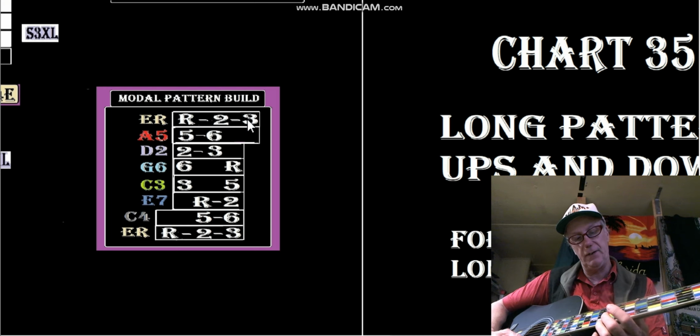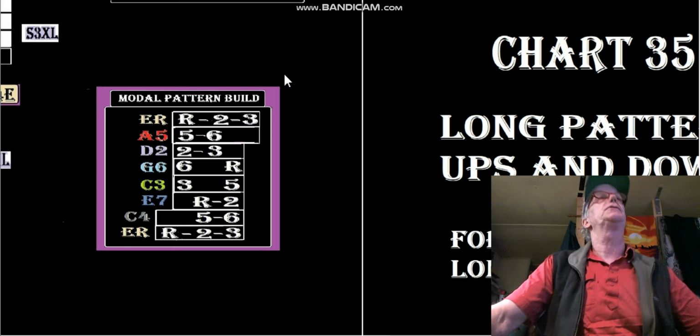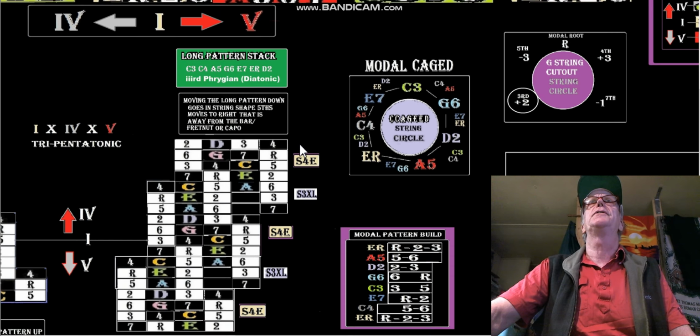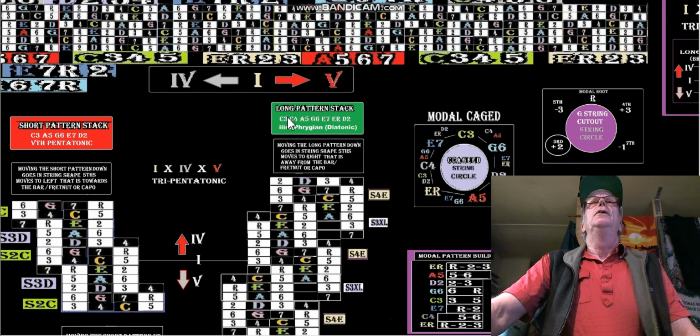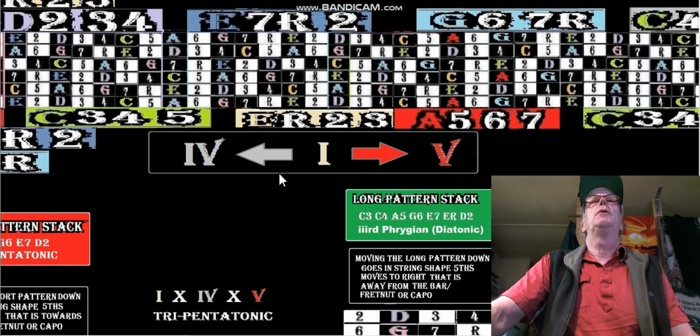Alright, in the key of F, that's your B flat there on top. So you just build these string shapes on any number. I know I'm not making a whole lot of sense. So for the most part, we're looking at